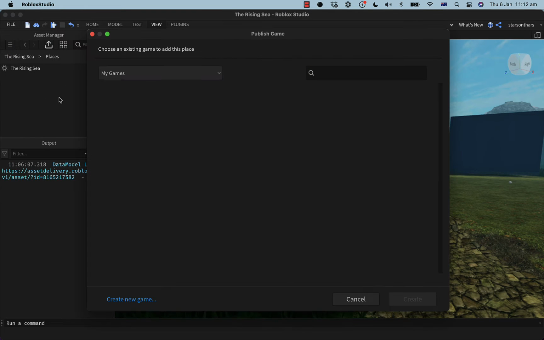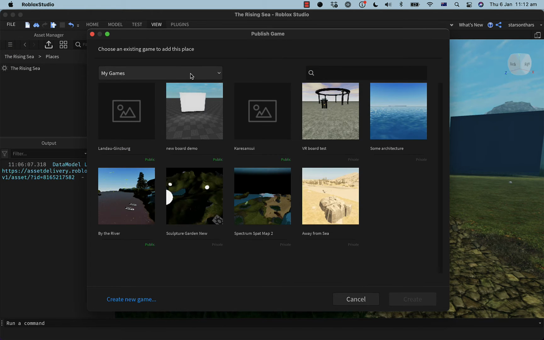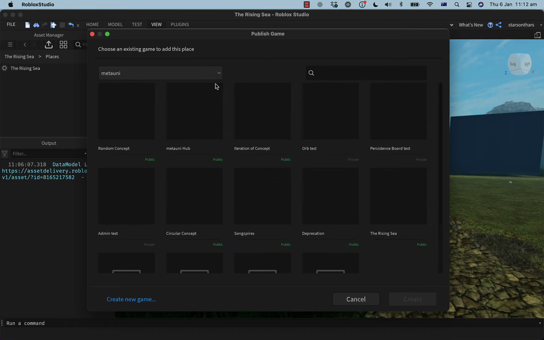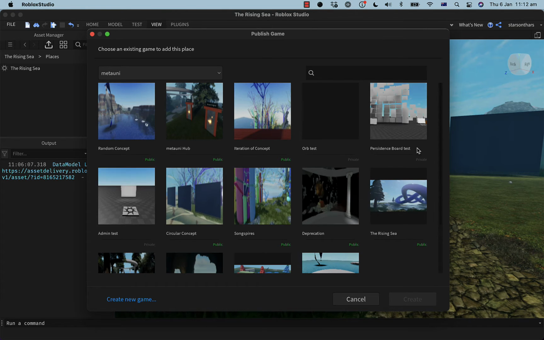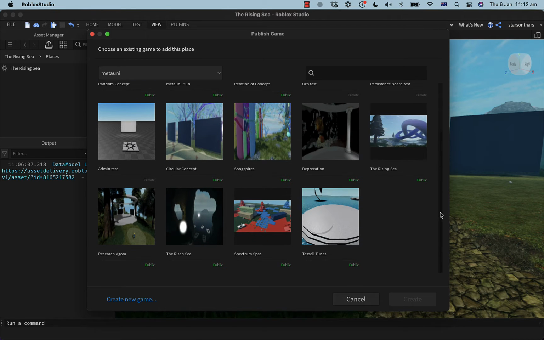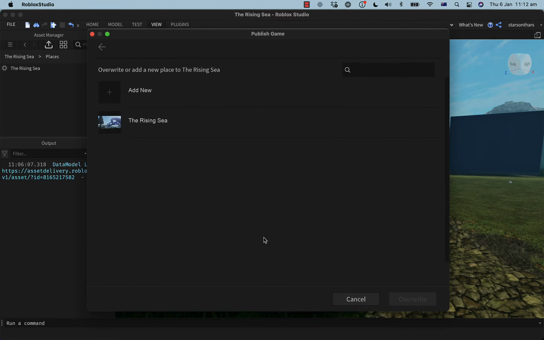Okay, this is gonna break something. I'm so scared. I can publish it to itself as an additional place, and then I'll get this wrong. Right. So when you publish the game, I could have just clicked publish, but I clicked publish as, so that's a way of making a copy.